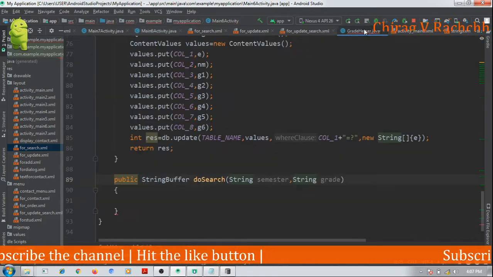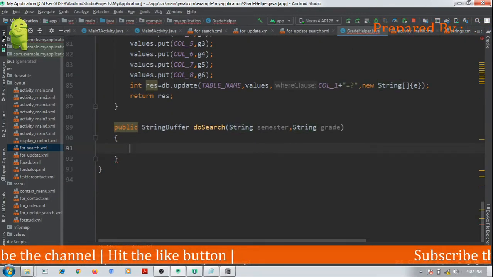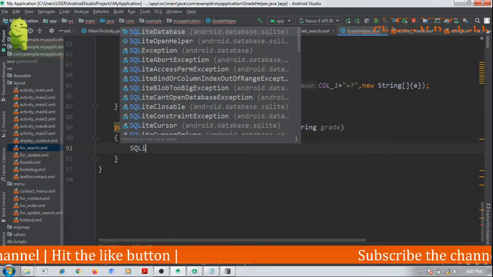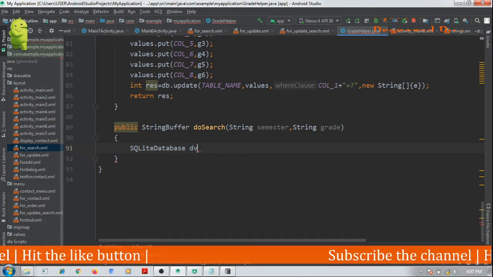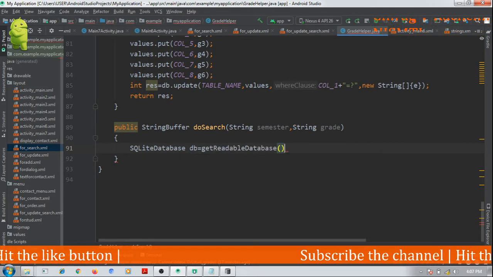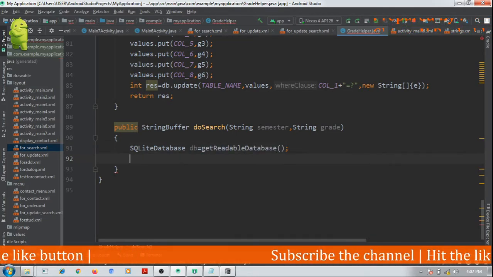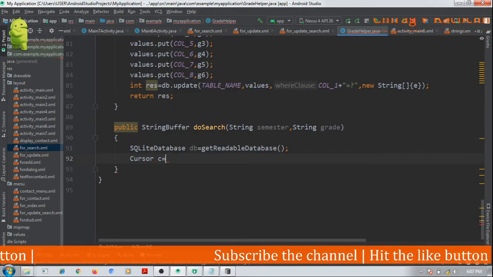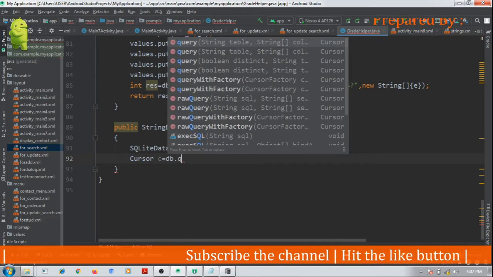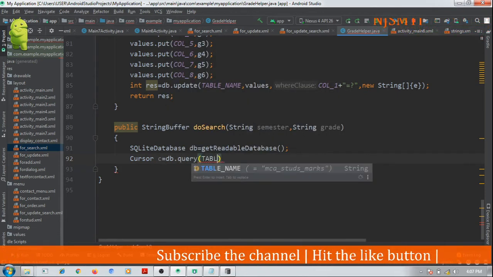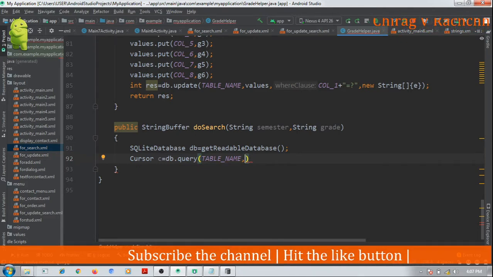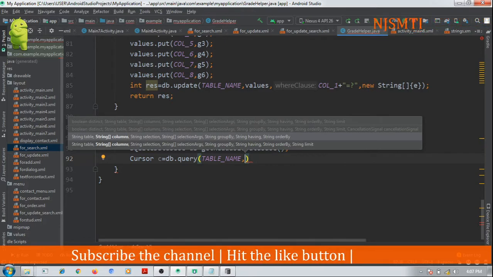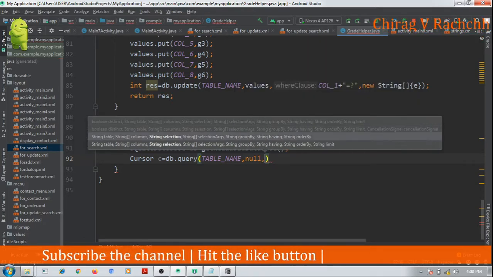Now in our helper we will define a query. For that we need SQLiteDatabase db equal to getReadableDatabase, and finally we need to query. Cursor equal to db.query, the table name is the first argument, the second argument is all the columns, that is null.